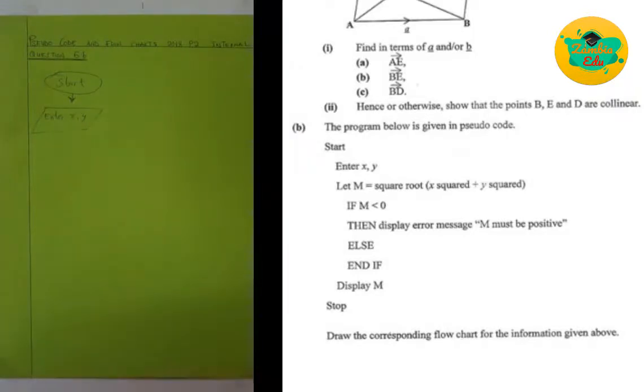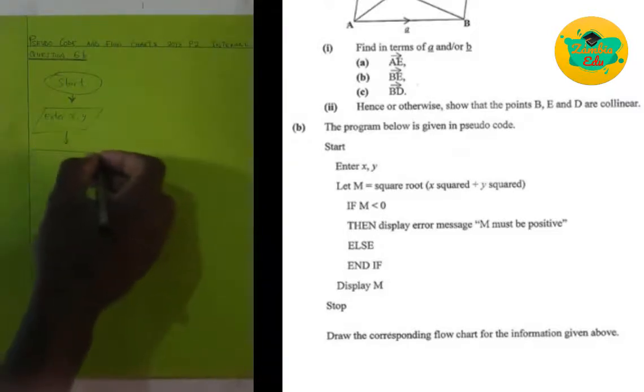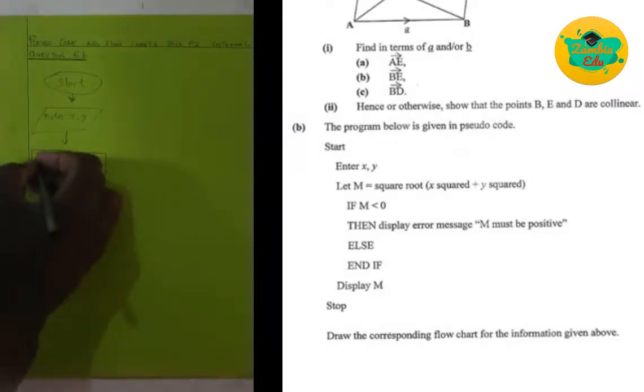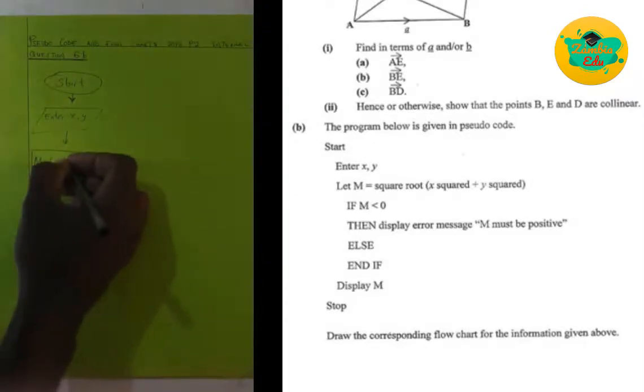After we do that, the next thing required is that m be equal to the square root of x squared plus y squared. So what we do is we take it down there, and we introduce a process. It's a formula, so it should be in the processing box. So we do our processing box in that way, and we say m is equal to, open bracket, x squared plus